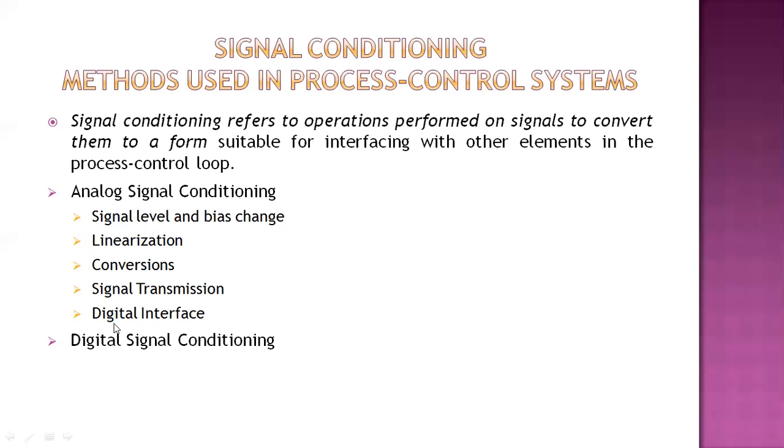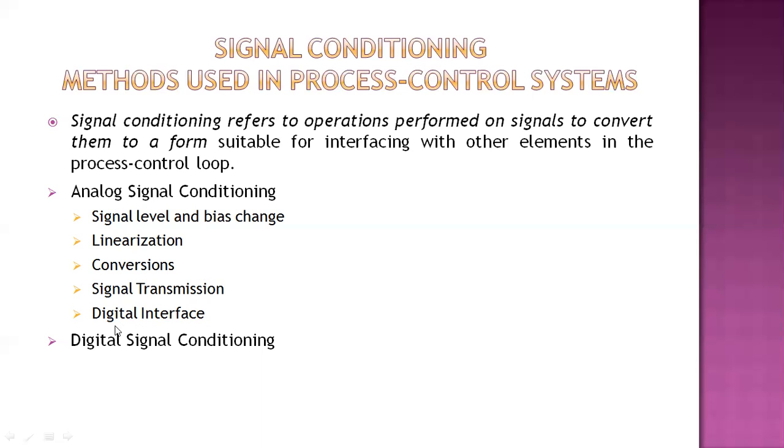The fourth type that we have is signal transmission. An important type of conversion is associated with the process control standard of transmitting signals as 4 to 20 milliampere current levels in the wire. This gives rise to the need for converting resistance and voltage levels to an appropriate current level at the transmitting end, and for converting the current back to voltage at the receiving end also.